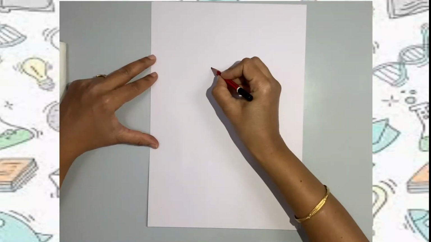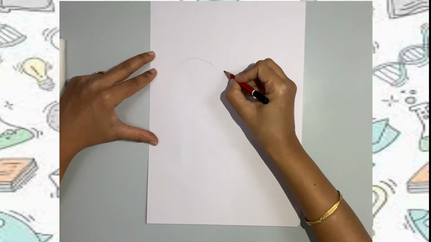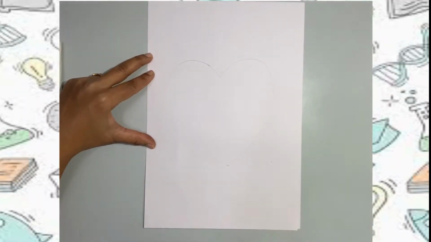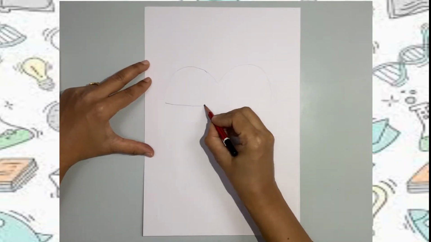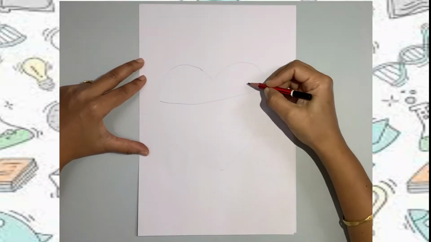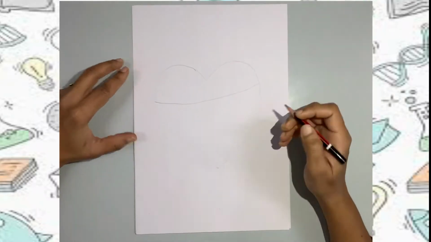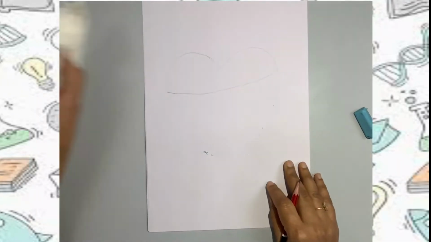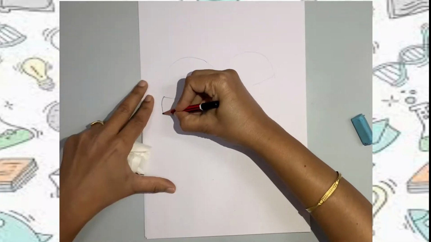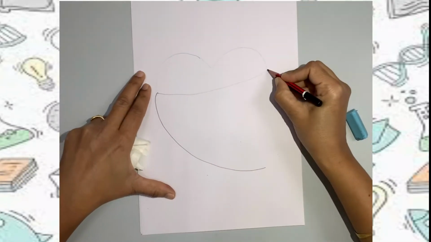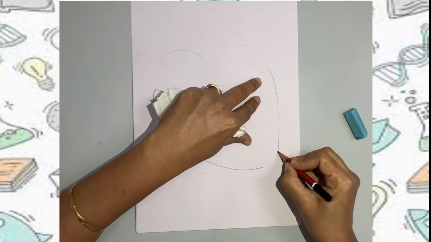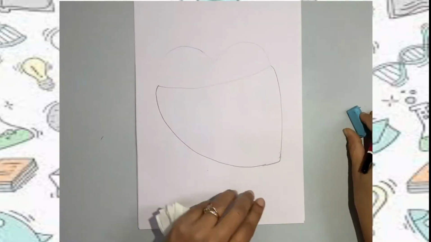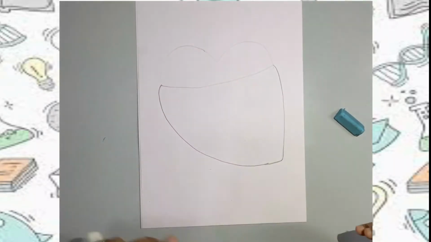We all know how to draw the typical shape of the heart, and we will use it as the base. Divide this into two, the upper one smaller than the lower. The heart is tilted towards the left, so we'll just erase the lower part and tilt it towards a slight left side, and then finalize the upper margins also.